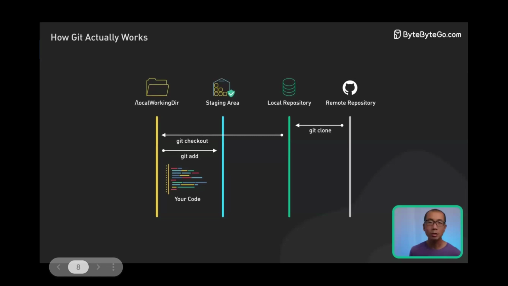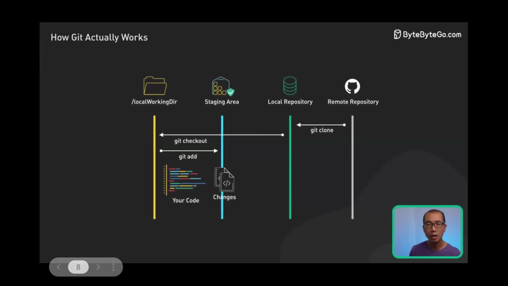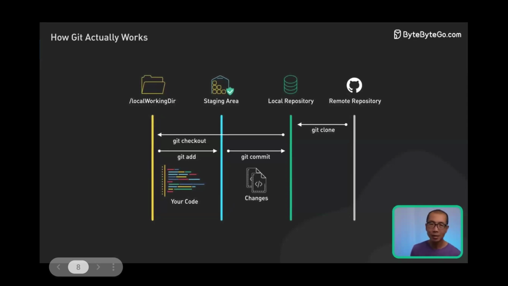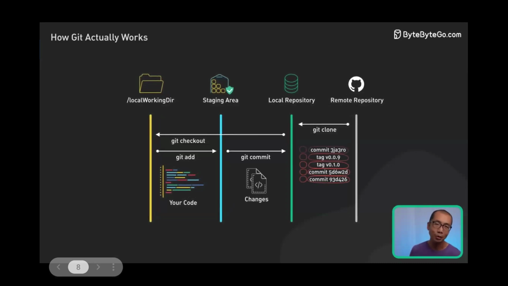Now, when you're ready to commit your changes, you use git add to stage a snapshot of those files in the staging area. Think of this as a checkpoint where your code changes are gathered up and ready to be finalized. The next step is to use git commit, which takes a snapshot of the staging area and saves it to your local repository. This locks in those staged changes by creating a permanent record that you can refer back to, like a snapshot in time.